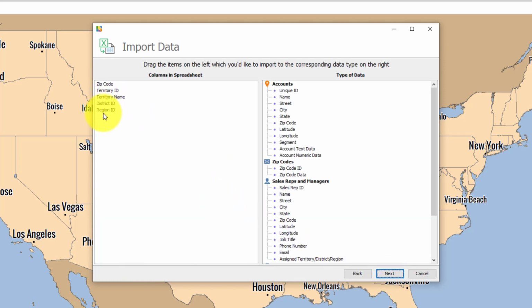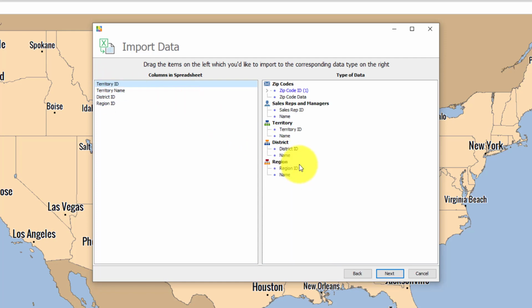Here on the left side, you will see all of our column labels have populated. What we do now is drag these column labels from the left to the corresponding section on the right. So starting with zip code, we click and drag zip code to zip code ID. As I drop that ID in there, you'll see all the other sections have collapsed. AlignMix knows now that we are not importing account data or sales rep data, but just importing zip code to